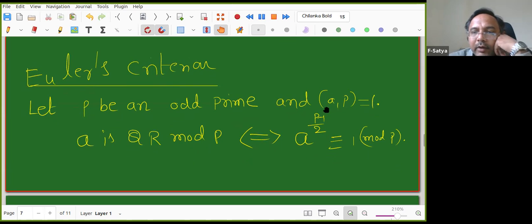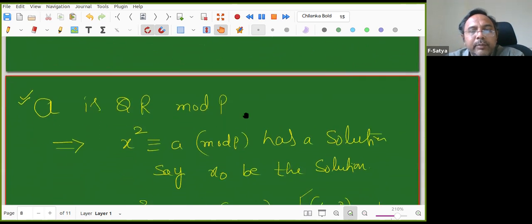See, I want to find whether a is a quadratic residue or not. To find that, I want to check whether x square equal to a mod p has a solution or not. That means I have to substitute different values for x and check whether there is any x naught such that x naught square is congruent to a mod p. But that is difficult. That is one approach, that is the definition. But Euler gave another way, to work with a itself. Compute a power (p minus 1)/2 and check whether it is 1 mod p or not. Okay. So how is the proof done?